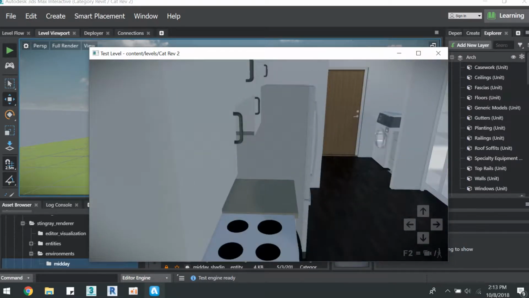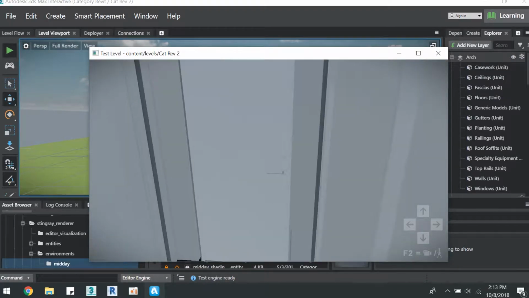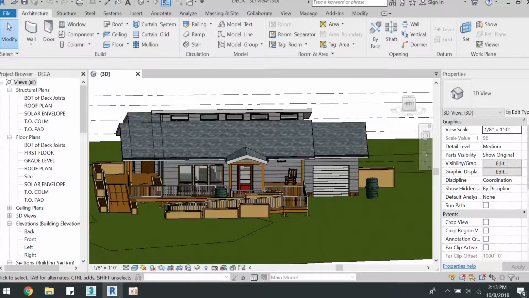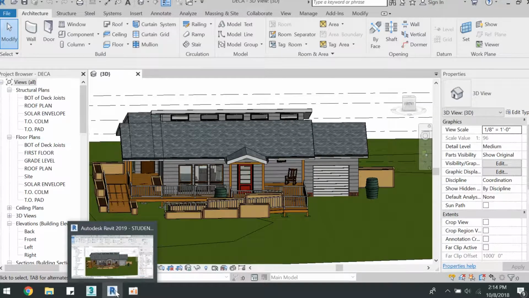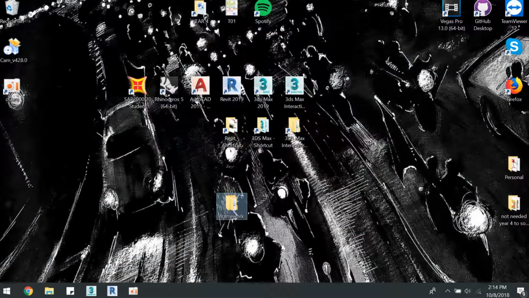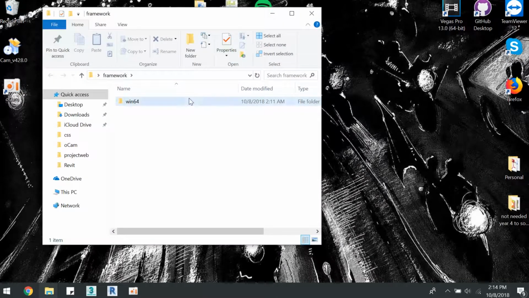So I'll be showing you guys my Revit model as well. Exiting out of here. This is my Revit model. For the most part, it's very similar. I brought it in and all the materials stayed. Some staining and some tints that you do in Revit, you can see, I did the staining for the exterior wood here, but it didn't coordinate nicely when I tried to do the interoperability with Interactive, but it's okay. Next time you just have to do the material ahead of time and create it in Photoshop